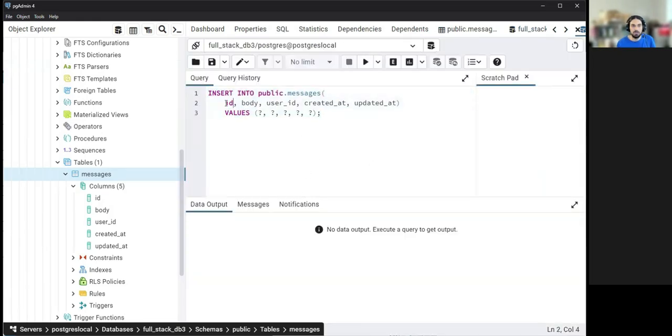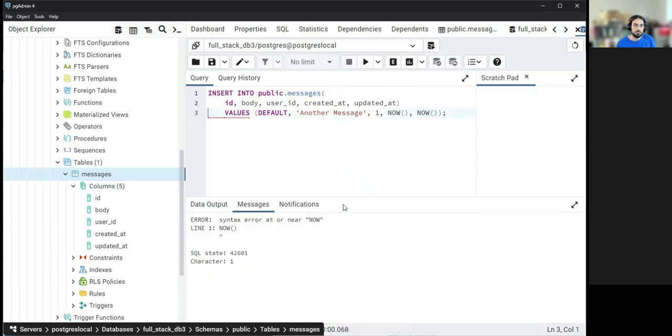You see that? All the columns are written out. And all you have to do is substitute the question marks here. So I think for the ID, I can use what's called default. So it will take the next value in the sequence. And for the body, let's say another message, with quotes. And user ID, I don't have a user. Let's put just one, make believe that he exists. And created at, we can call now to get the current time zone timestamp string, and the other one as well. Click that, and